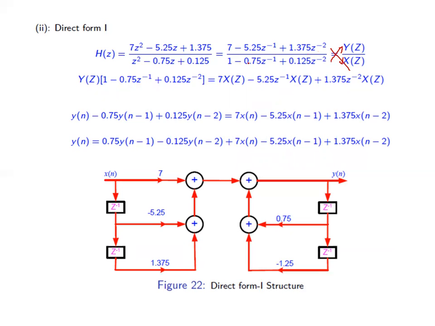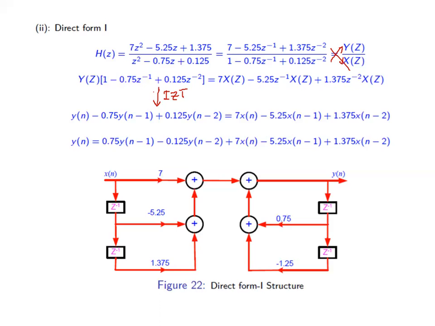Y of z into 1 minus 0.75 z inverse plus, and then is equals to x of z into this. So we are getting 7x of z minus 5.25 z inverse x of z plus 1.375 z power minus 2 x of z. Now by applying an inverse z transform to this equation, we will write here,